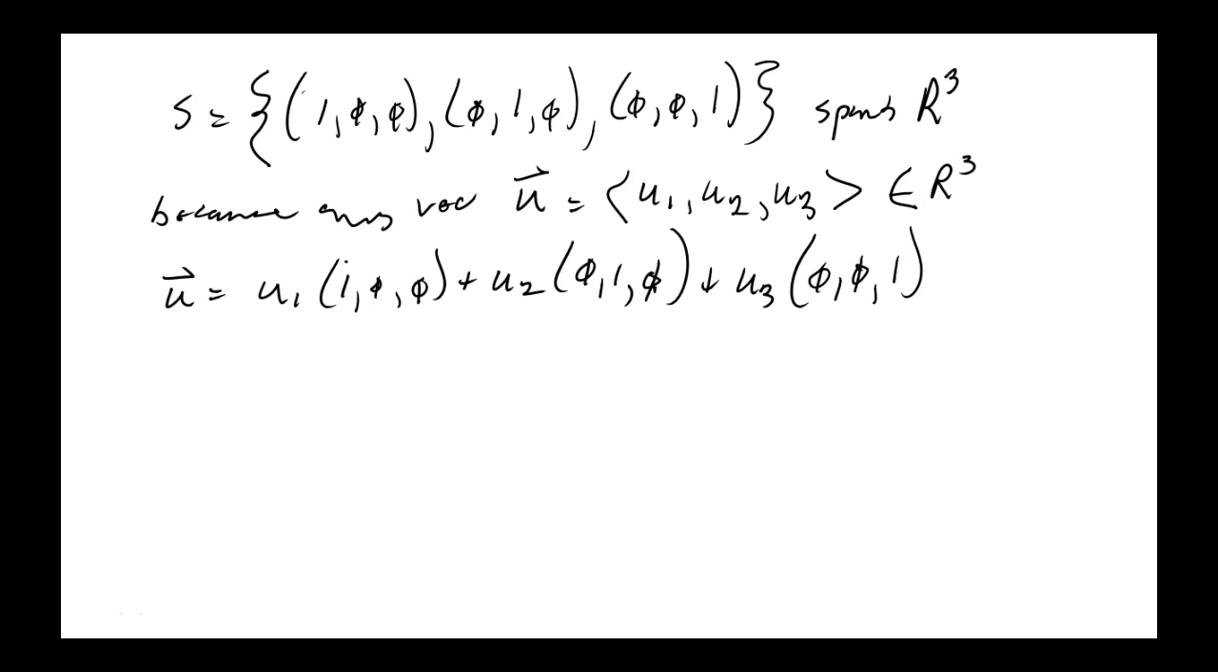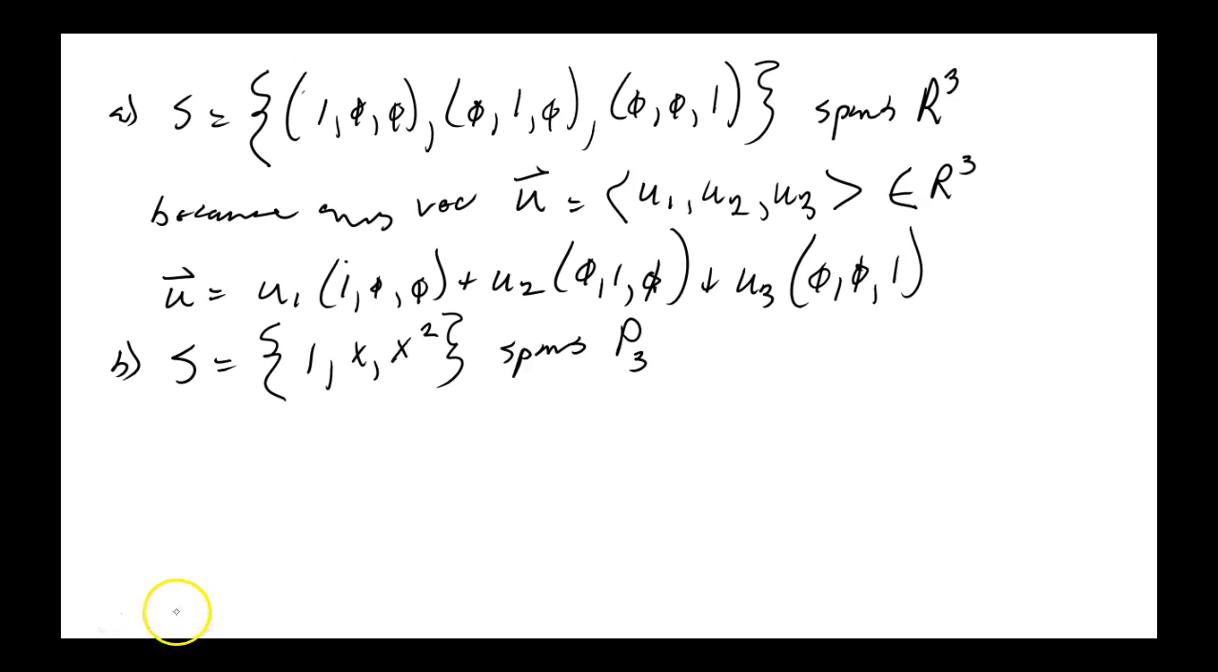Let's see. I think we can actually get this one on here. This is the A one. Let's try to get B on here too. Here's a set S, but this is now not a set of vectors as we think of it, but polynomials: 1, x, and x squared. This spans the space we call P2, and if you recall,